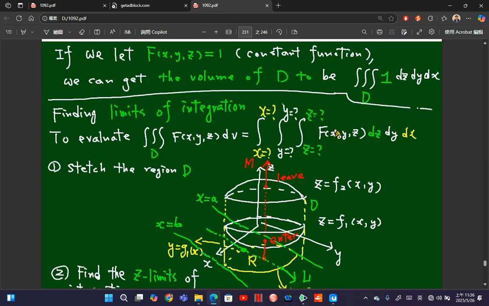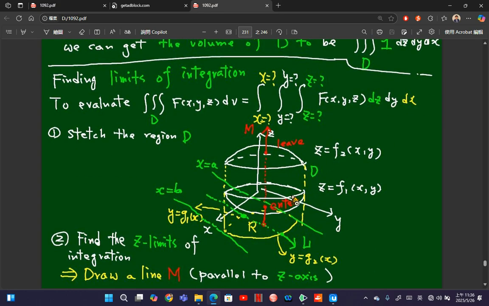So how can we calculate this integration? You can see this is a little bit complicated. You know, when I first introduced this part to my students,